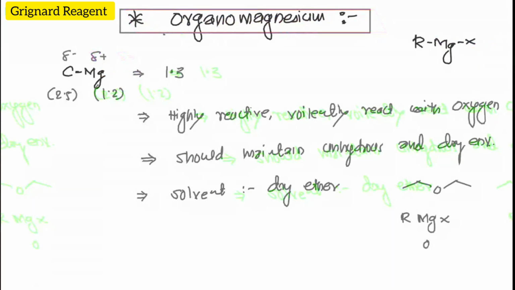As we discussed already in the structure, look at this now. What is the role of the ether? The lone pair on the oxygen of the ether is going to stabilize the magnesium positive ion, so this type of complex is formed. And here the carbon has a negative charge, so it will act as a nucleophile or as a base. So this is a highly reactive compound, that means highly polar. From that 1.3 we have decided that it is highly polar